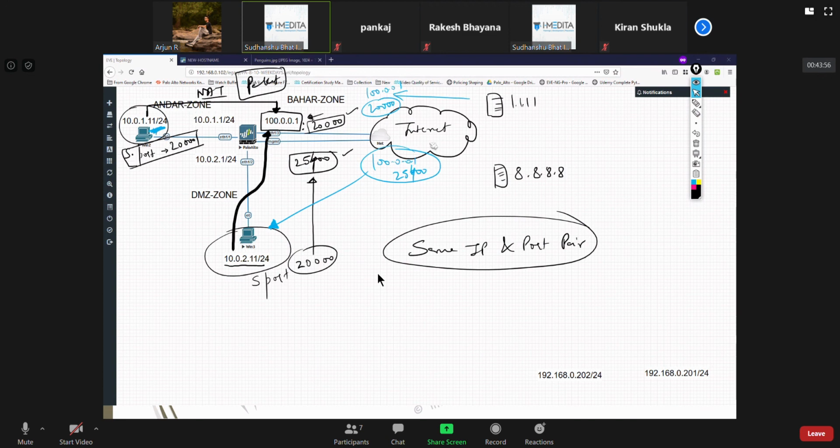My home router does not know Win2 and Win3. For my home router, everything is originating from 192.168.0.202 configured on Ethernet 1/3. Win2 and Win3 are hidden; it just knows this one single host.